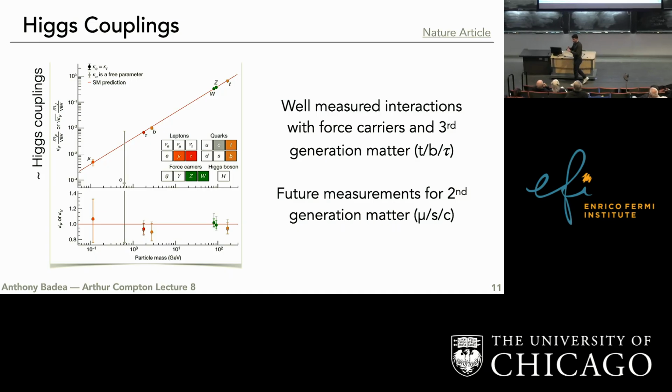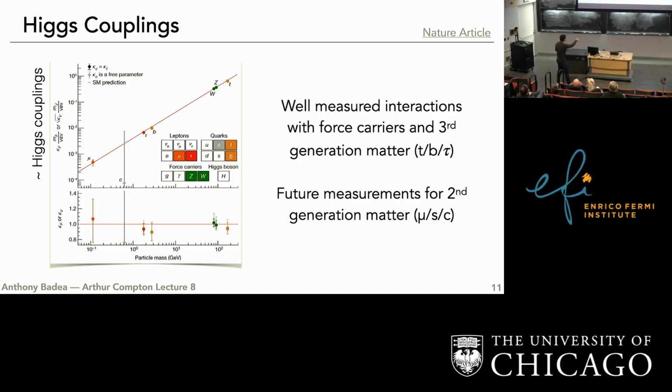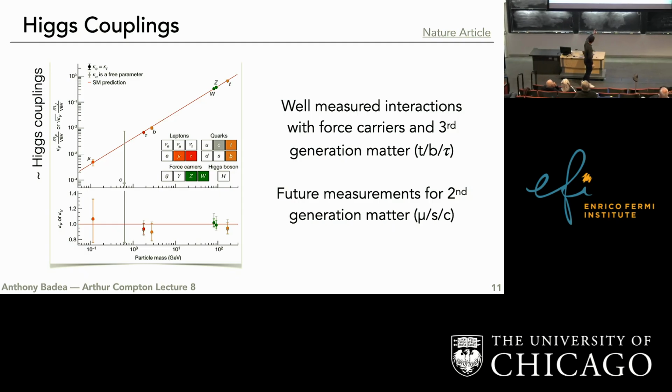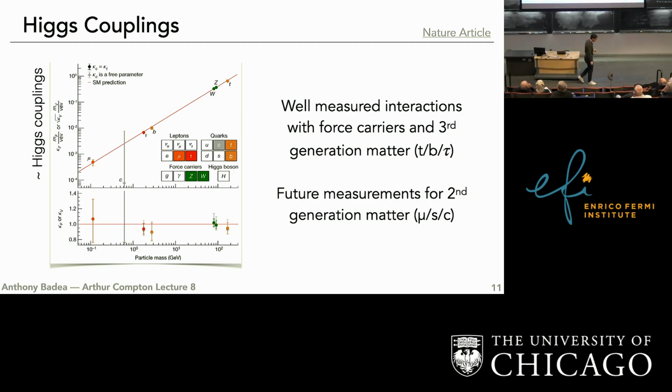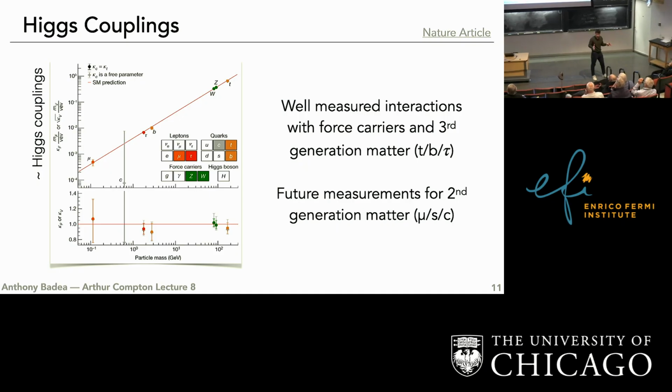Because if you get deviations in the coupling, that means that large pieces of the standard model could actually be inconsistent. And what you see here is, up to now, what we've done is we've measured the interaction between the Higgs and all of the force carriers. So the W boson, the Z boson, there's actually quarks and photons in here through virtual particles, but we have all of those measurements.